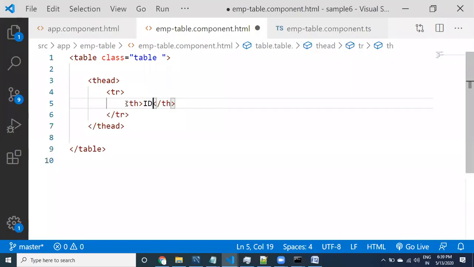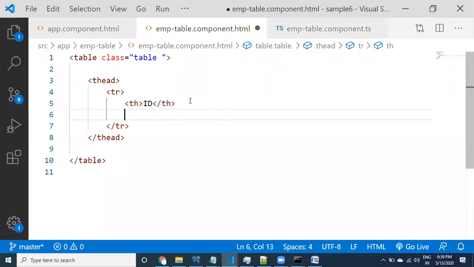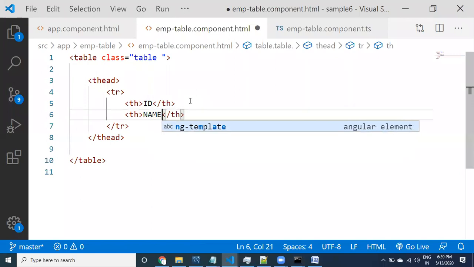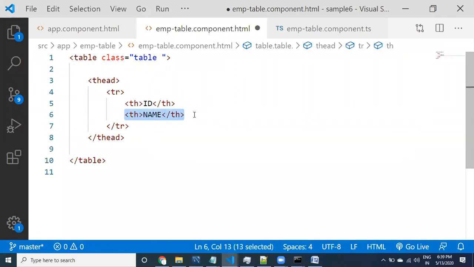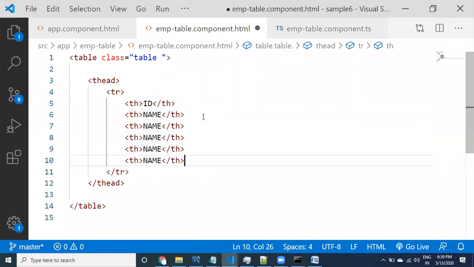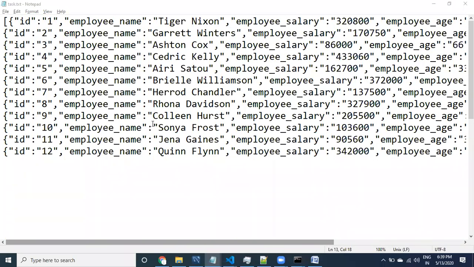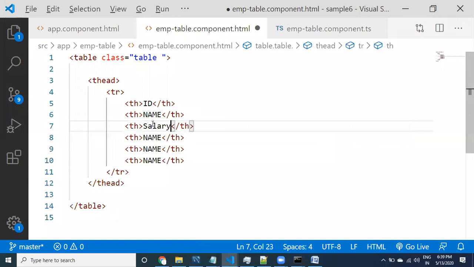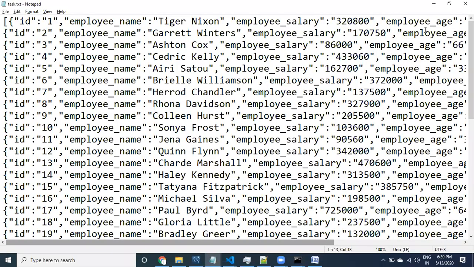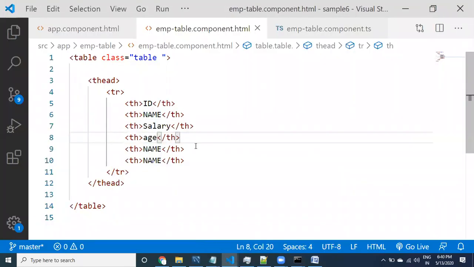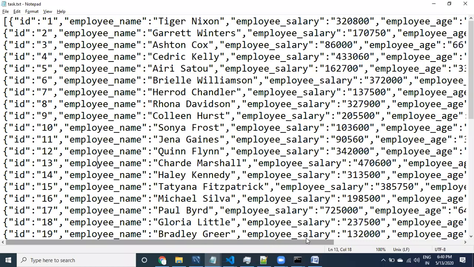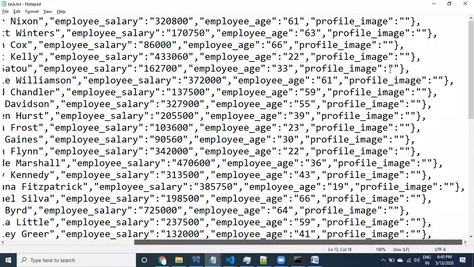ID, name, salary, age, and profile image.